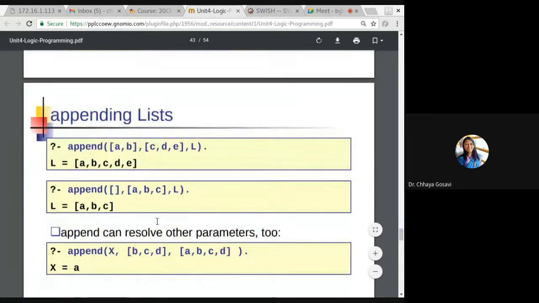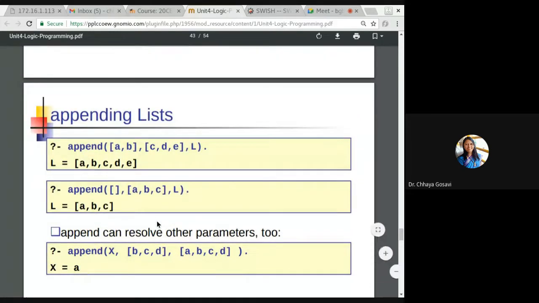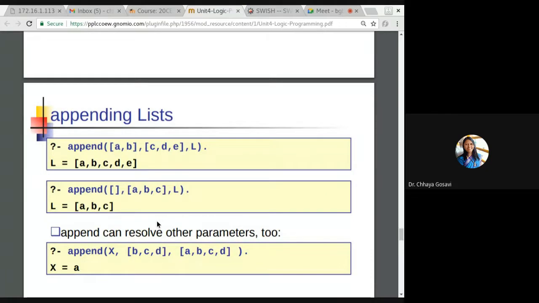The next inbuilt function is append. Append a list means you will concatenate two lists to create a new list. So the append function takes 3 arguments, [A, B], [C, D, E] and L, and will return the L such that it is the concatenation of the first and second lists. So the output is L = [A, B, C, D, E].